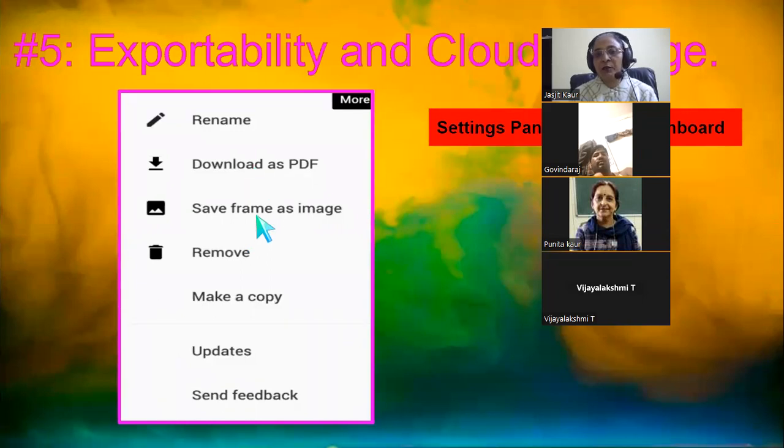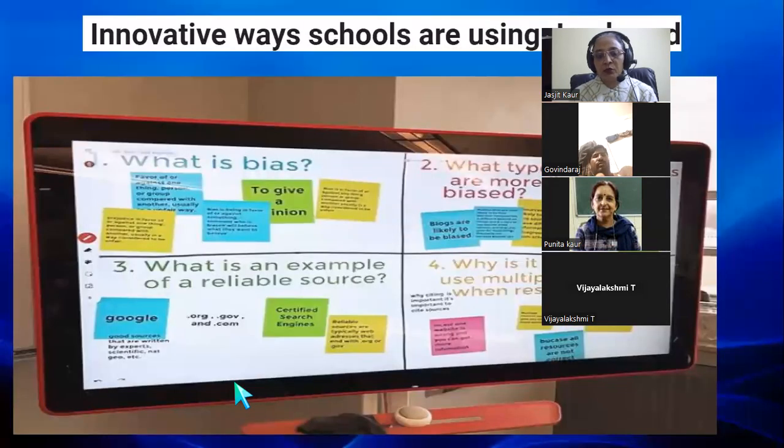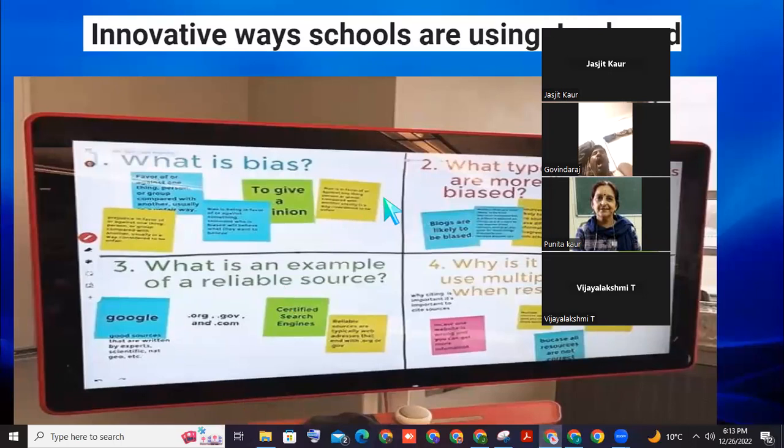We can save the same frame as an image also. We can remove that particular slide from the Jamboard also. We can make a copy of it. We can update it, and we can send the feedback to the students also. The next is the innovative ways to schools and